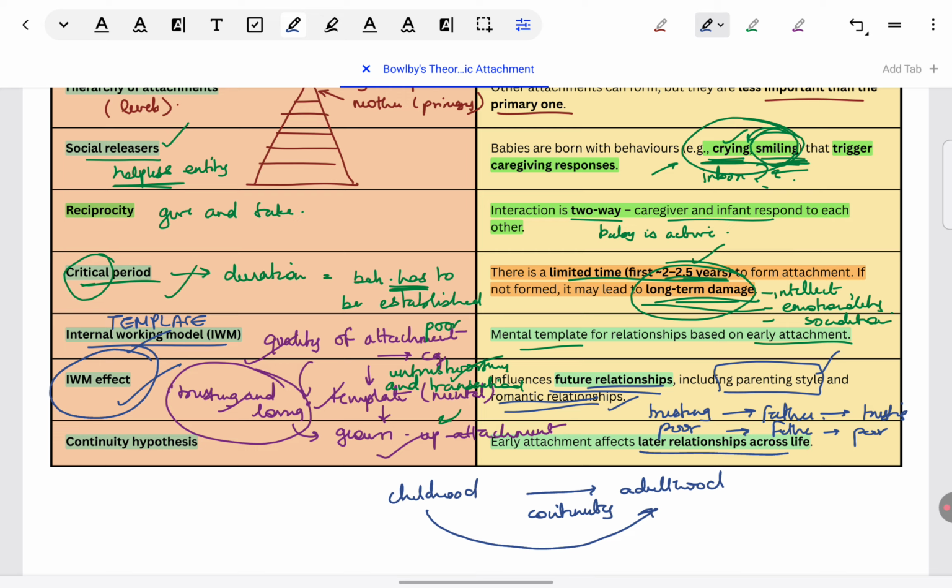Just to remind you, for those of you who are watching all the lessons, this would be a little repetitive, but it's important. How we see evaluation is in ideal exam format. So we see two strengths, two weaknesses of every topic. At least one of our evaluation points has a counterpoint, and at least one of our evaluation points is research evidence.